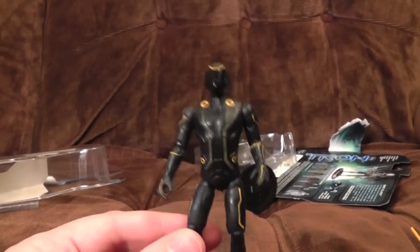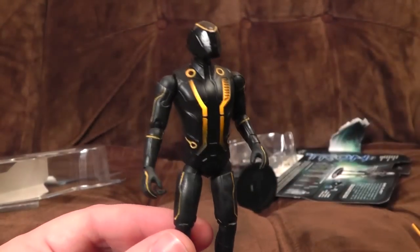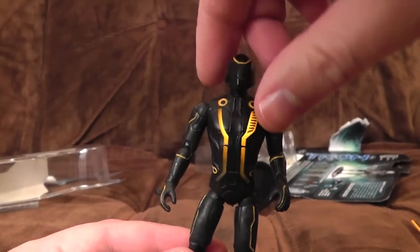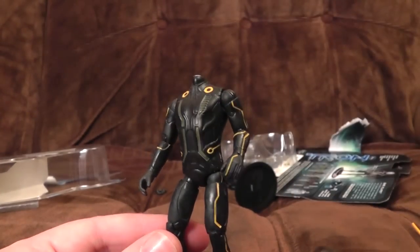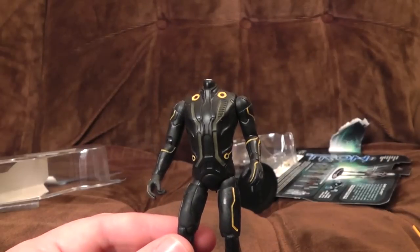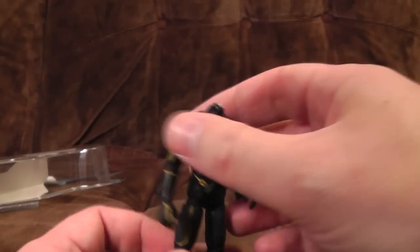Now, Clue didn't seem to be quite as well made a figure as old Sam over there. Press the button in the back and hey, chest lines light up and all that excitement. But when I tried to turn the head from left to right, it came straight off. Hence why I've had to reattach it with Blu Tack. So if I'd paid like £9 for that, I would be extremely displeased and also probably quite poor. So yeah, not particularly impressed with the whole...